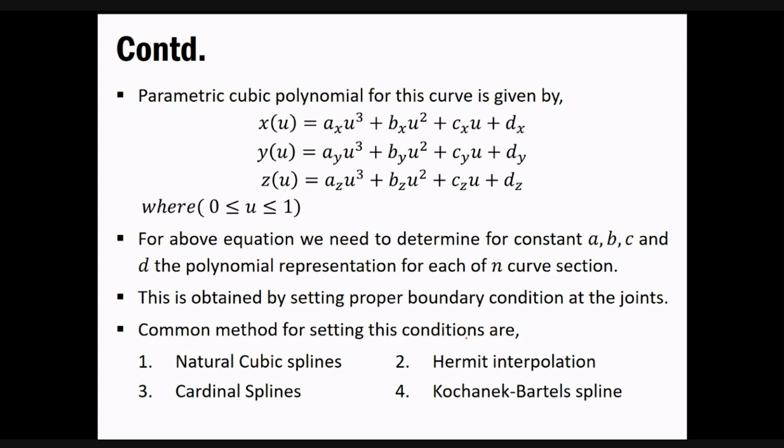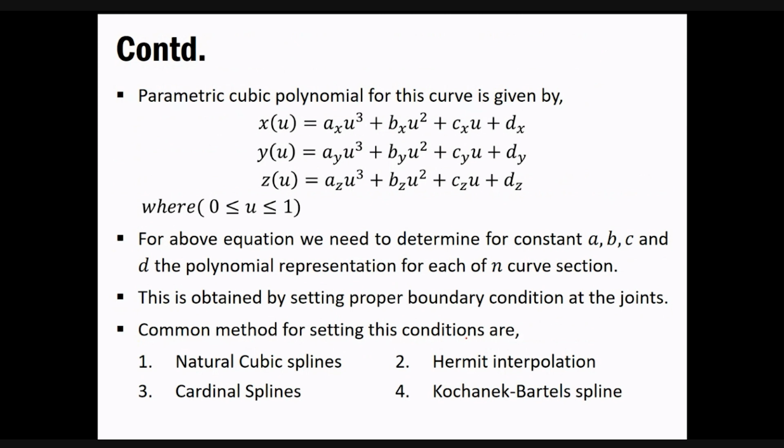Okay, so this is obtained by setting proper boundary conditions at the joints. And if you have these proper conditions at the joints, then obviously the next curve section that will be joining the previous one will always meet it accurately. Okay, देखो अभी एक line है, लेकिन what if you have a complete scenario, if you have a sunset scenario or something like that, if you have a traffic light project. Okay, so in that you need that particular thing to be very precise.